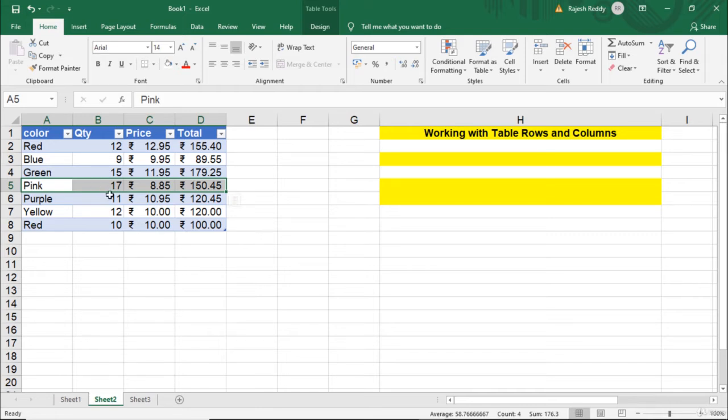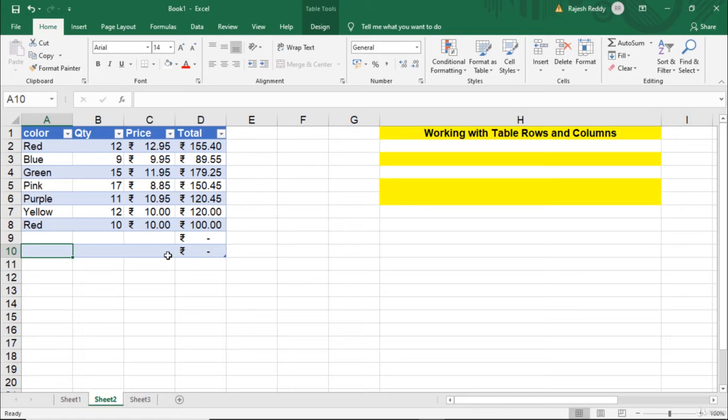And also if you want to add rows at the bottom of the table, in this case we need to use the shortcut key, the tab button. Okay, so select any row. I am selecting any cell in this particular table, select that cell, then click on the tab button. See, automatically a row gets added. Again select this, click the tab button again. See, automatically the table expands. So like this we can also add rows at the bottom of the table.